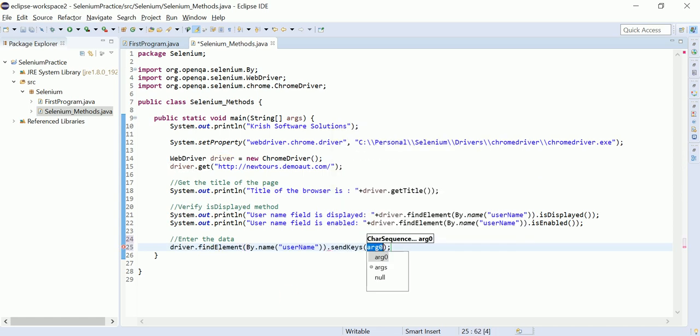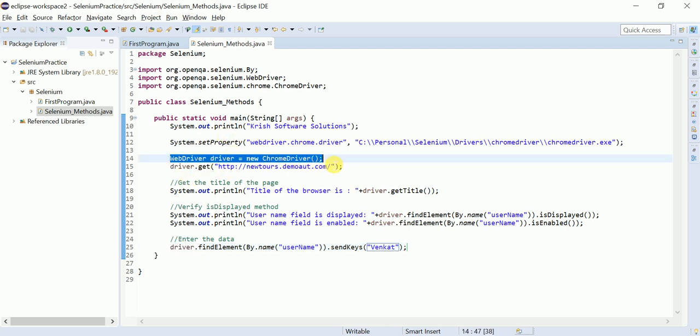So sendKeys, Venkat, I am entering. See, this statement you need to understand. This is driver. As I told you, we are creating driver here. Once you create this statement, whatever browser is opened, that browser session will be stored in this driver. By using this driver you can perform all the operations on it.